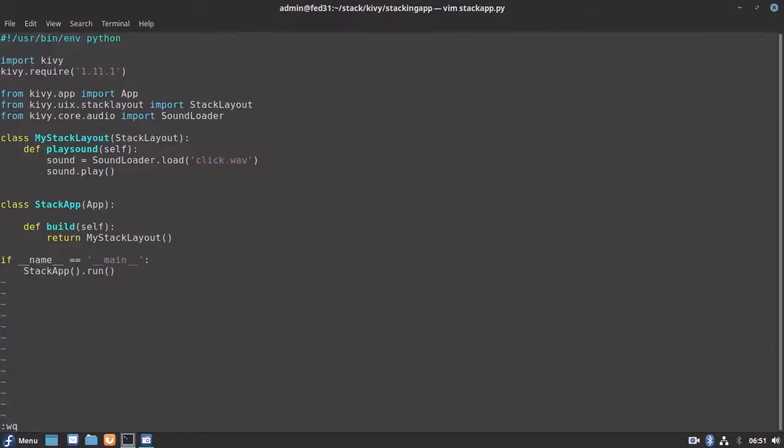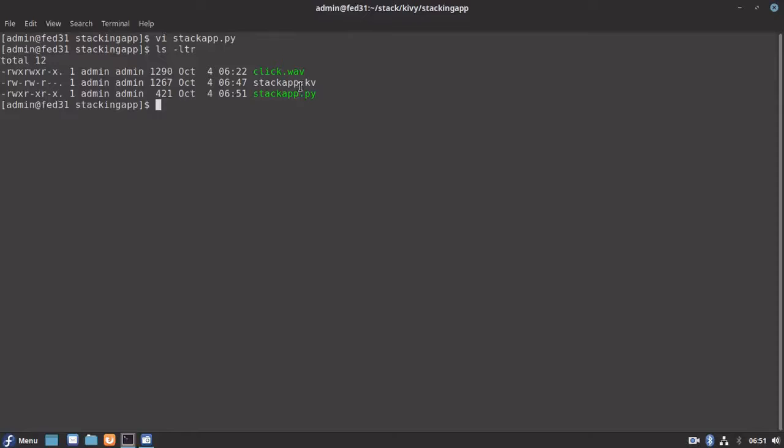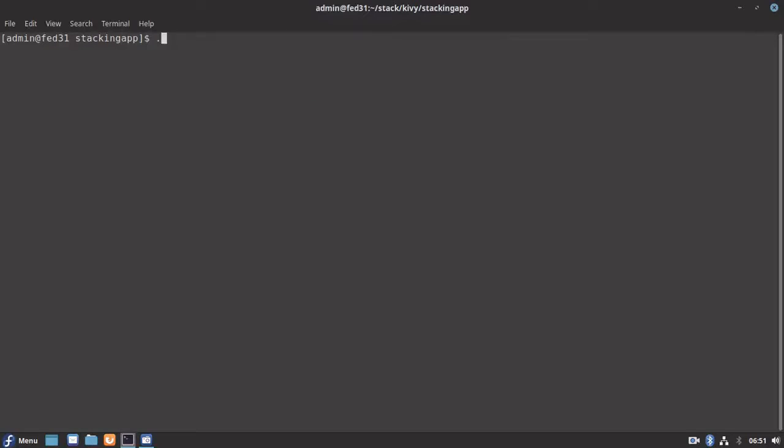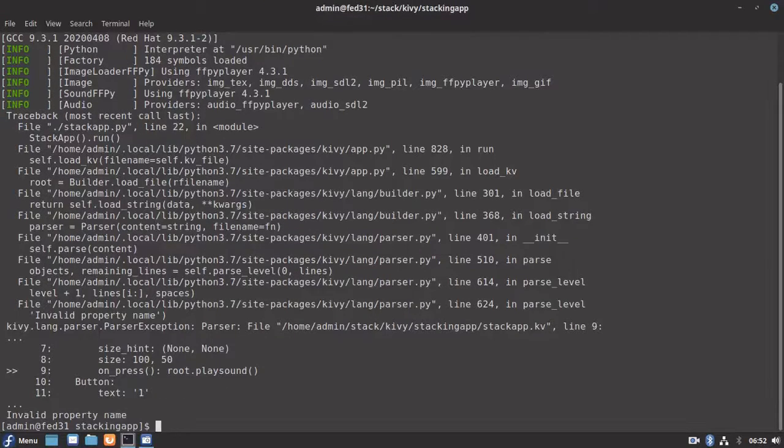Let's save this one and try to run it. I have my wave file already available here. Let me run it. There seems to be some parser error.